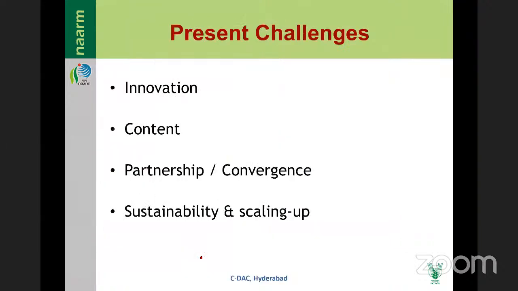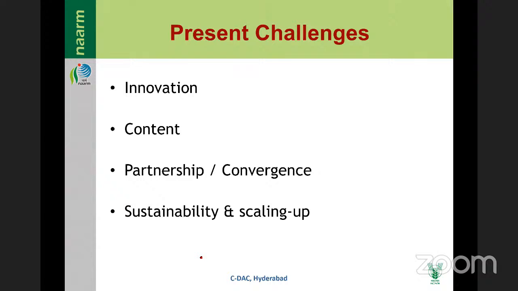Present challenges and innovations. What are the innovative ideas? The entire world is now with mobile. Without mobile, nobody can stand like this. So the innovations: content, partnership with convergence, sustainability and scaling up in the field. Because we have to take a partner. CDAC is ready to collaborate with people.